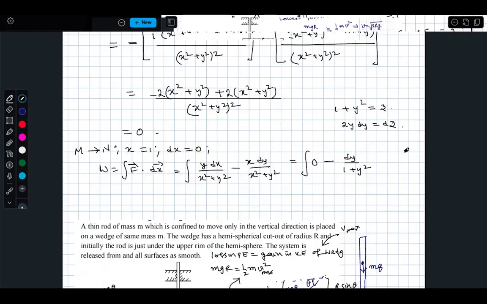Actually the second part is also the same. N to Q, y is equal to 1, dy is equal to 0. Then what happens? W, f bar dot dr bar is equal to same thing you will get, but here you will put a 0. It will become y dx by x square plus y square. The problem